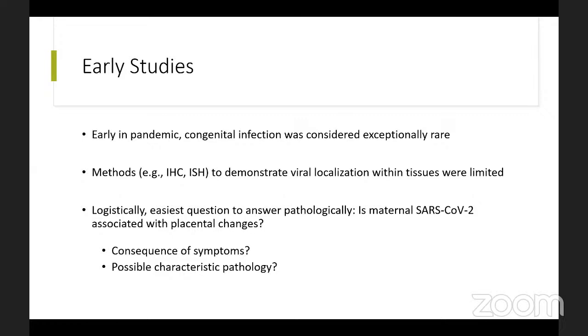So at first, of course, these techniques needed to be developed, but then secondly, the IHC for SARS-CoV-2 as well as ISH for SARS-CoV-2 wasn't widespread. So it was really at limited institutions. And that, of course, hindered early methodologies in a lot of papers as well. And logistically then, in the absence of having these methods be widespread, and of course thinking congenital infection was rare,